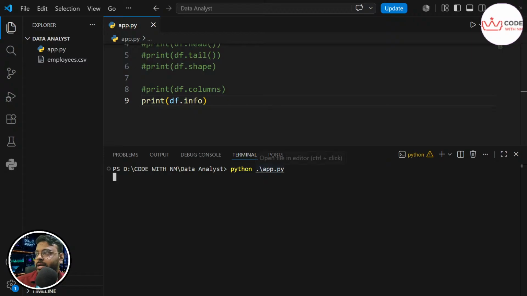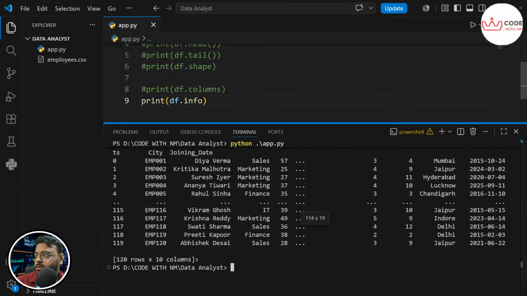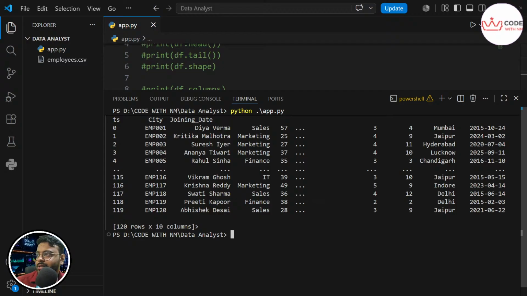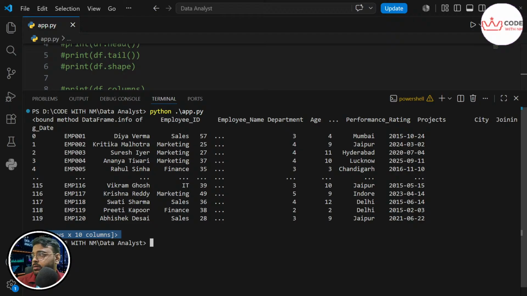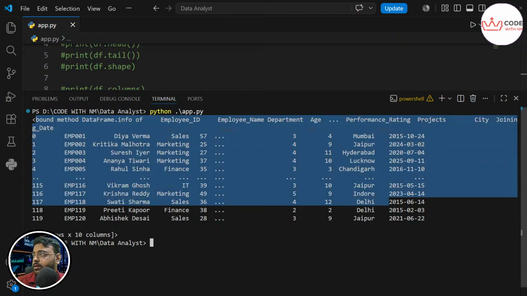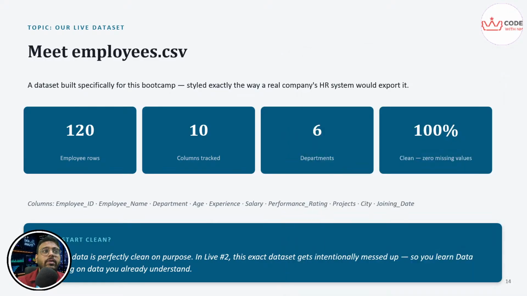Okay, I hit enter, and this is a huge output. First, it gives me the entire data with certain information. First thing, it gives me the number of rows and number of columns, of course. Everything is not visible here, let me see if I can open this somewhere else.